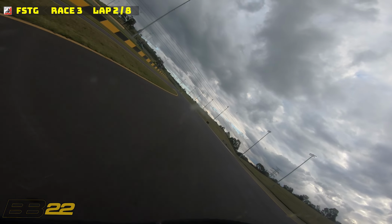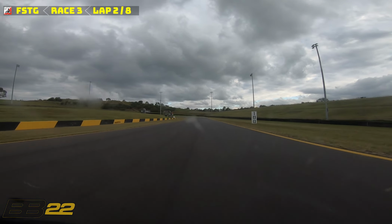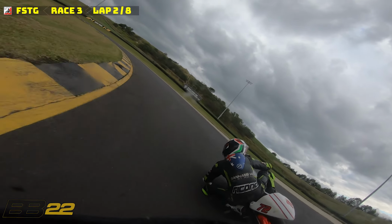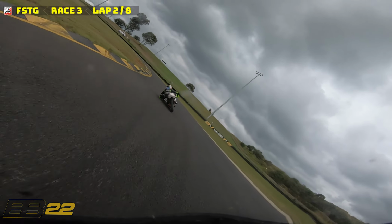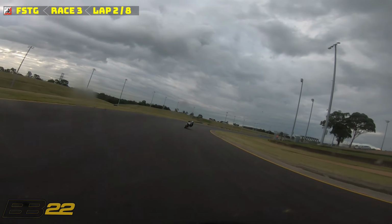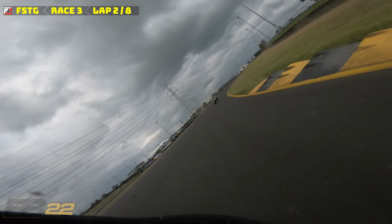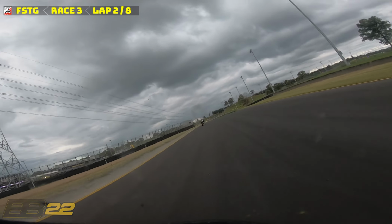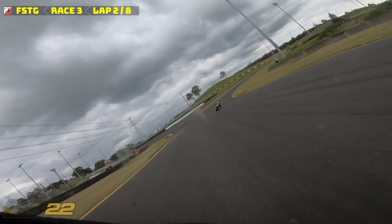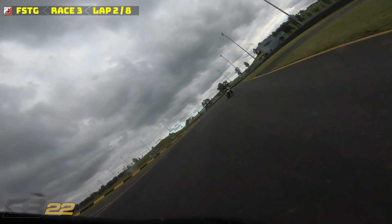Again, people will say, you're only at the front of these races because you're on a bike that's more powerful. Yes, we are on a bike that's more powerful, but I also have to ride it. And as you can see here with Levi coming around the outside of me, they're not shy of skill or talent or motorcycle either. We make our performance in different ways, much like Fabio Quartararo on the Yamaha in MotoGP versus Pecco Bagnaia in the Ducati. They make their lap times differently. It's kind of similar here, except these riders are constantly learning and constantly figuring out ways to try to get in front of me,